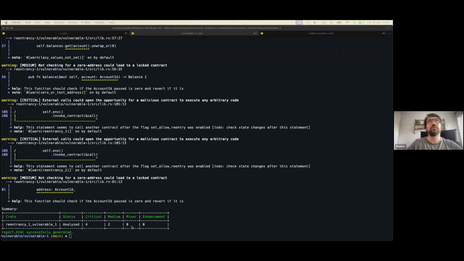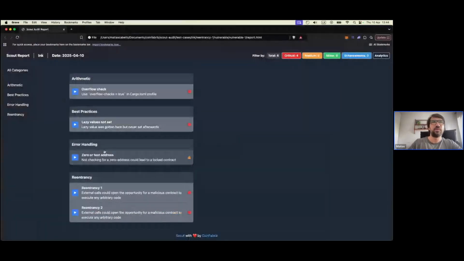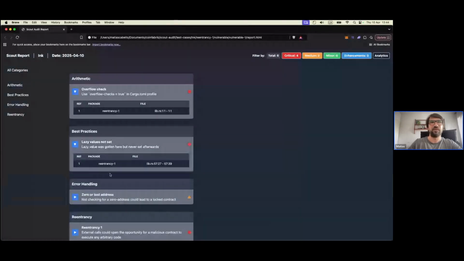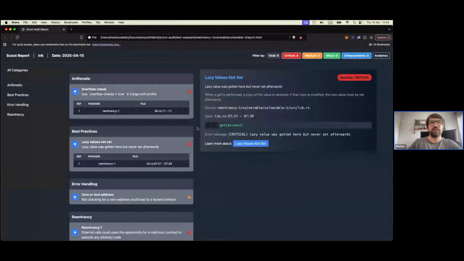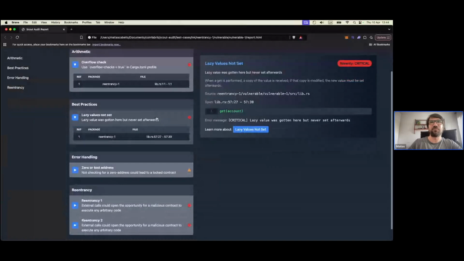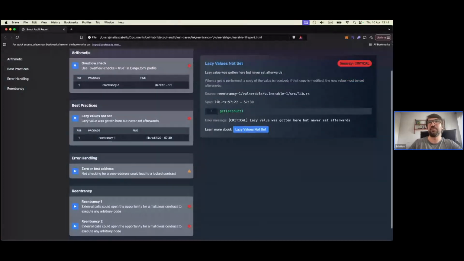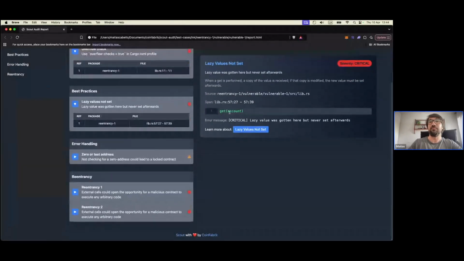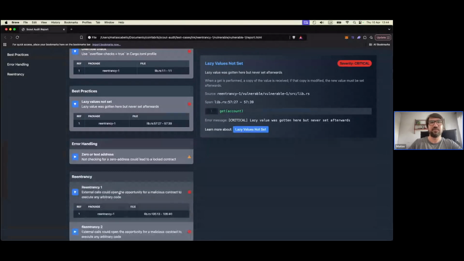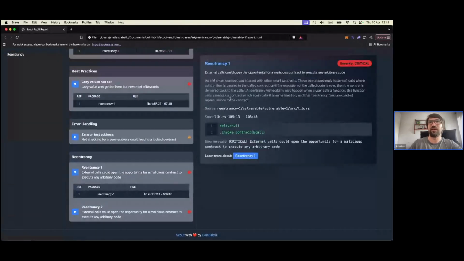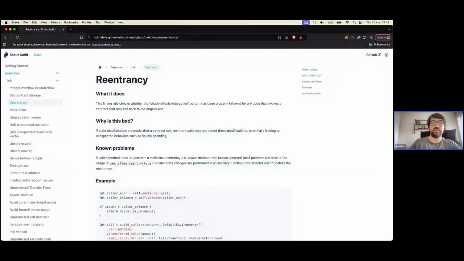So here you can see that it has found 6 issues. Here you have the different types of issues that it has found. Also the severity, this code snippet, and also it includes a longer description, and we also have a link to the Scout documentation